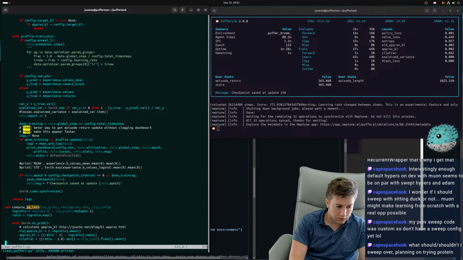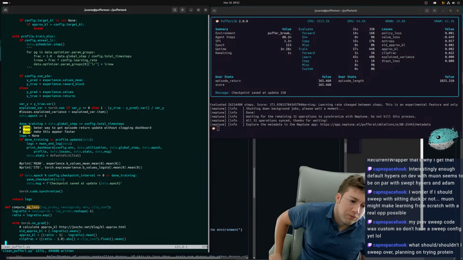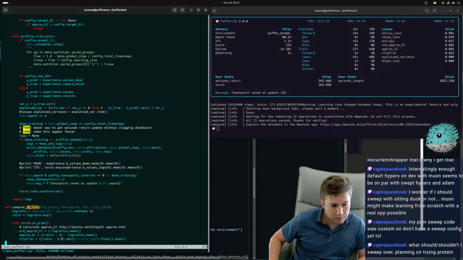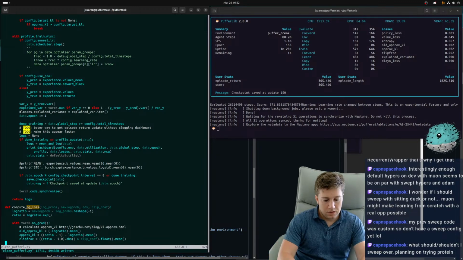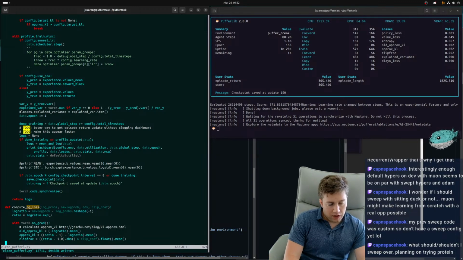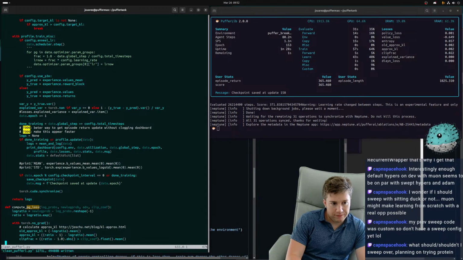What should and shouldn't I sweep over? You can kind of sweep whatever I have in the defaults if you want to. It's just a lot of stuff to sweep. You still need to do gamma, lambda. Entropy you still need. The learning rate's the biggest one, probably, at this point. Mini batch size is important. Big batch size has been helpful. We have 500K default mini batch, which has been useful for pretty much everything. You might just even want to keep that. We're also able to use more environments now. It seems training with more M's is stable.